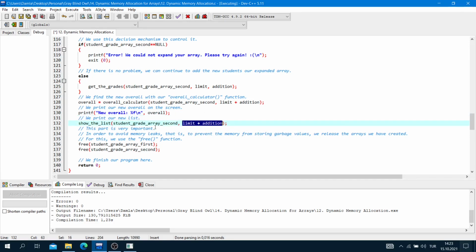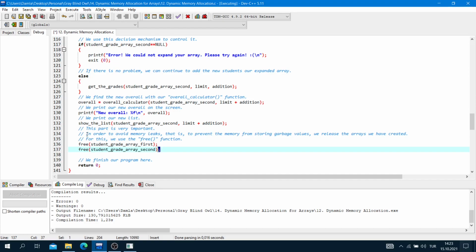This part is very important in order to avoid memory leaks, that is, to prevent the memory from storing garbage values. We release the arrays we have created, okay? This is a new part. For this, we use the free function. Free student grade array first and semicolon, free student grade array second and semicolon.